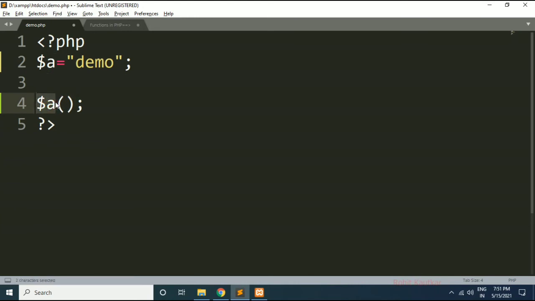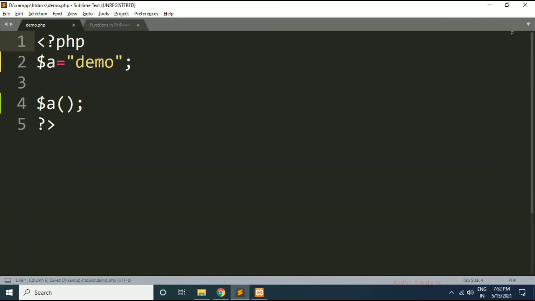So the PHP parser will try to find the function having a name equal to demo, that is the variable value. If there is a demo function within this script, the PHP parser will execute that demo function.